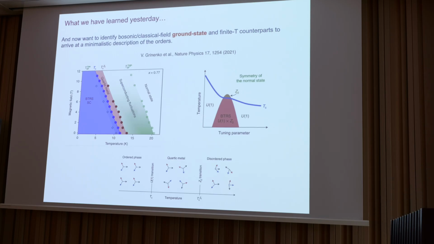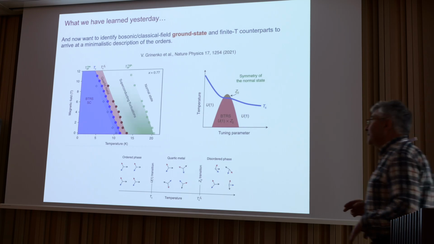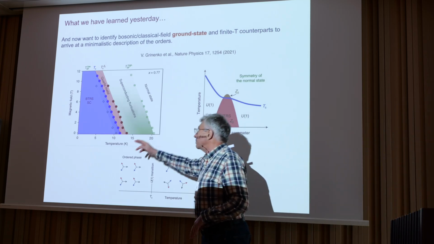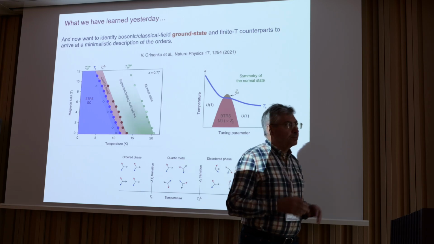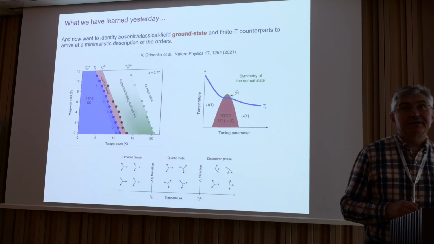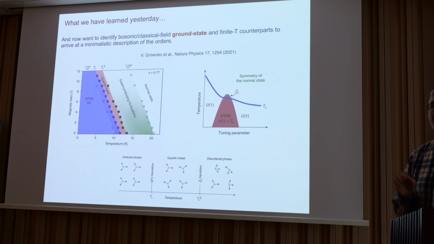So, long story short, there is some hidden order which is akin to topological order in the sense that it manifests itself in terms of the grain boundaries. So the key property of the state, actually both states which are referred to as quartic metal and superconductor with broken time reversal, is the fact that there is more than one domain wall, because if you break Z2 symmetry generically, you expect to have just one domain wall. Here, there are three domain walls.